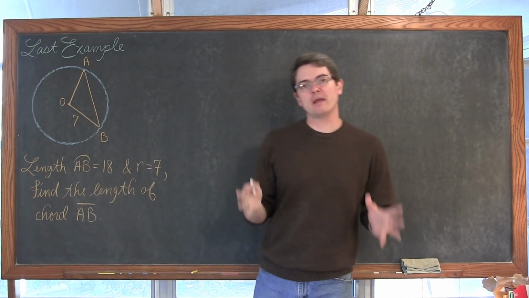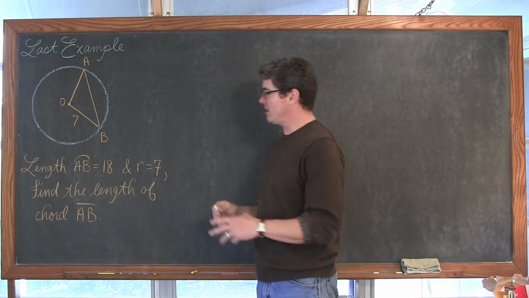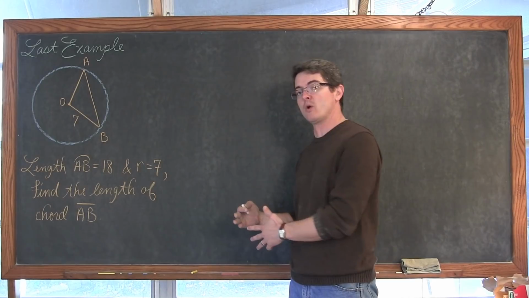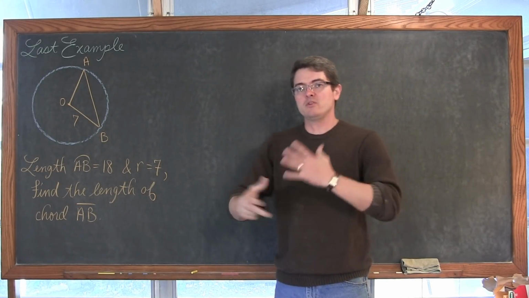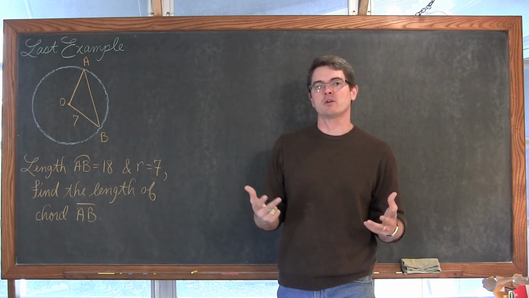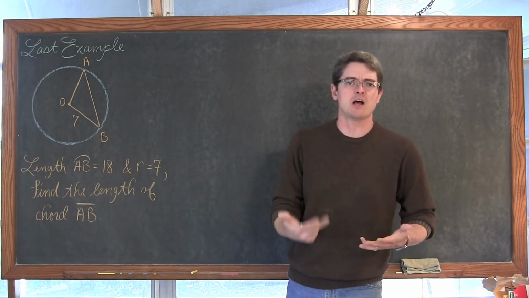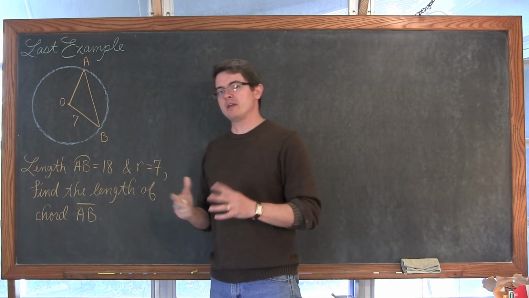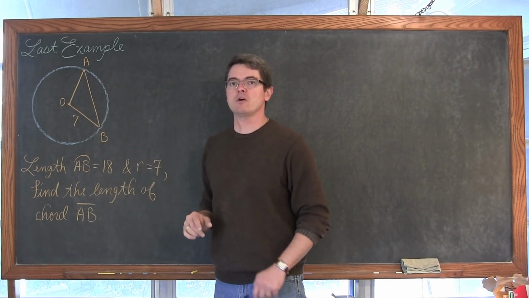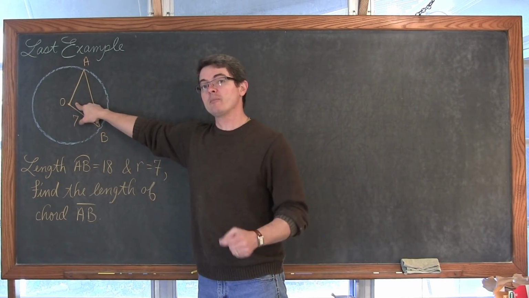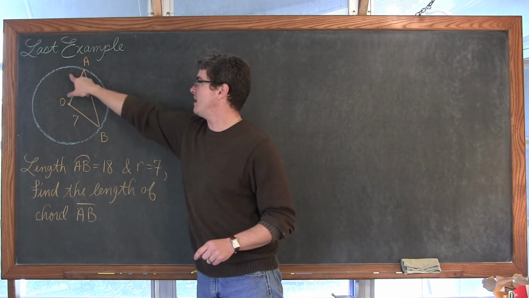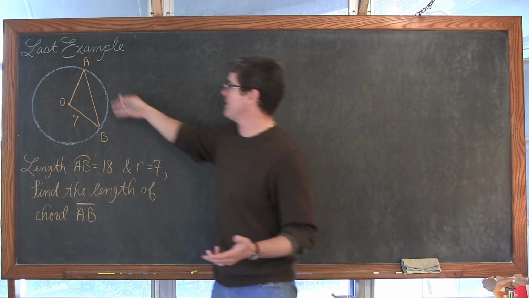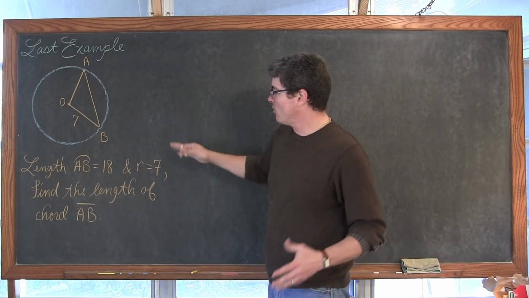Now we're going to do this again with right triangle trigonometry. Maybe you could do law of cosines to do this problem a little bit quicker. But whether you do law of cosines or right triangle trigonometry like I will be doing for this video, because this is for my geometry class and we didn't cover law of cosines, you got to do the same thing in the first step. We got to take some information out of this triangle and get some more information about the triangle, because just knowing that these two sides are equal to 7, because they're both radii, is not enough information to find anything else about this triangle.